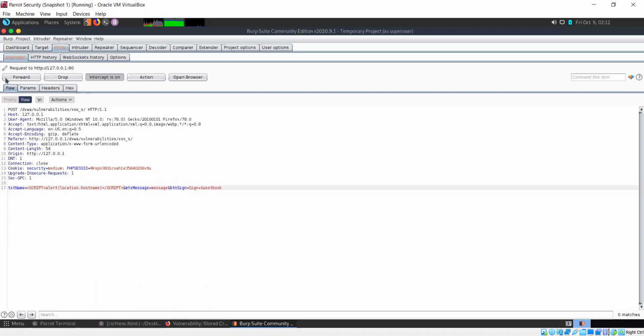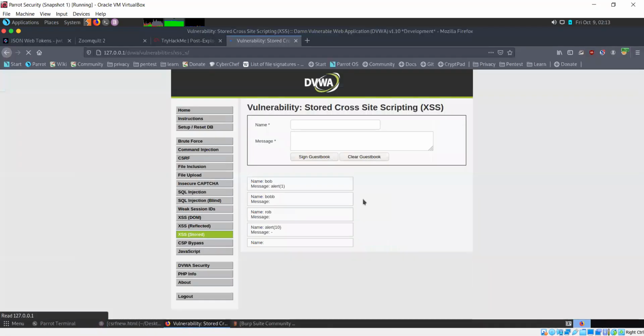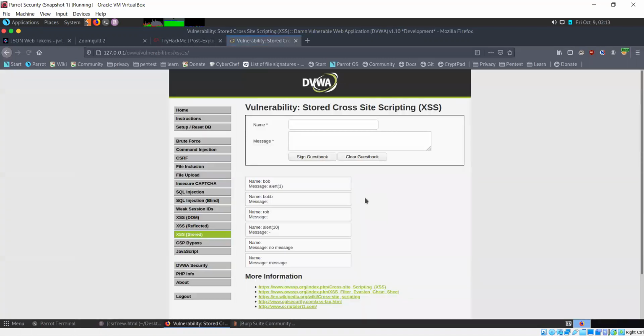If I send this, so first the earlier payload ran, then the next one ran, which was location.hostname. Alert location.hostname, so that gives you the IP. So both the payloads ran.